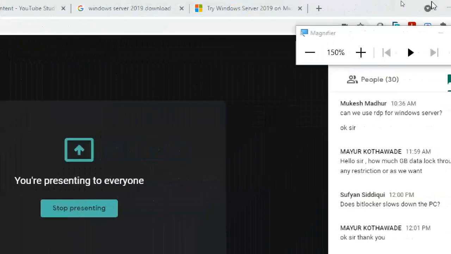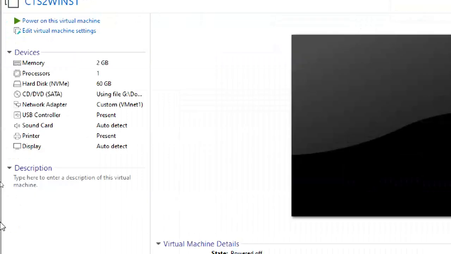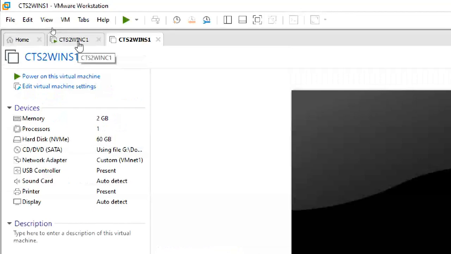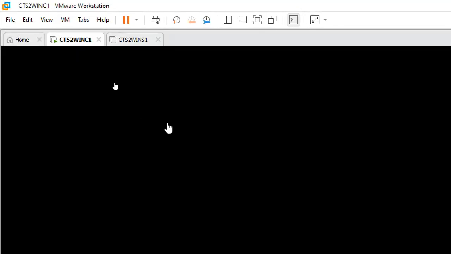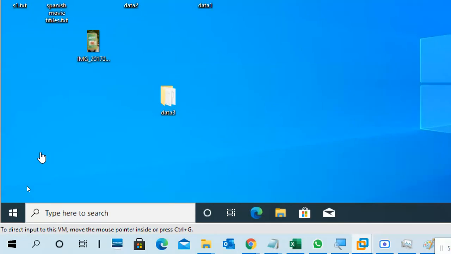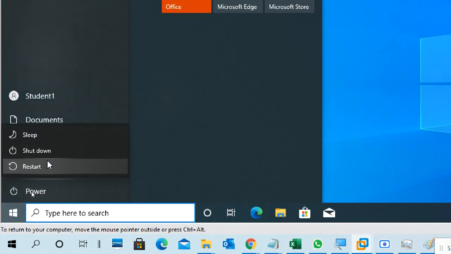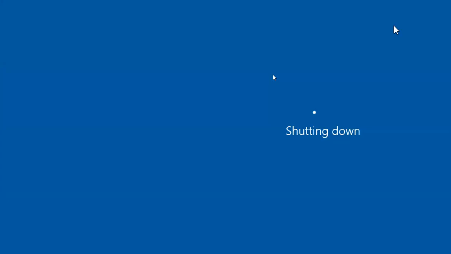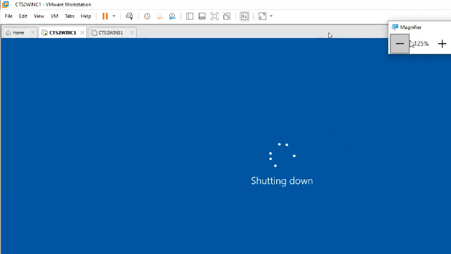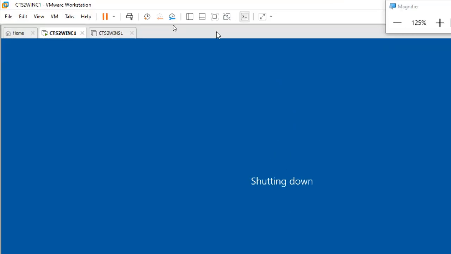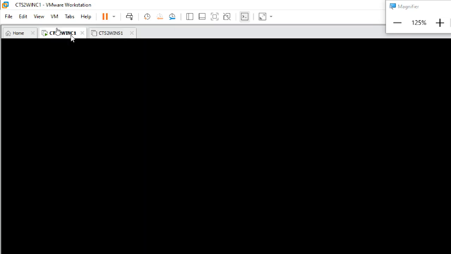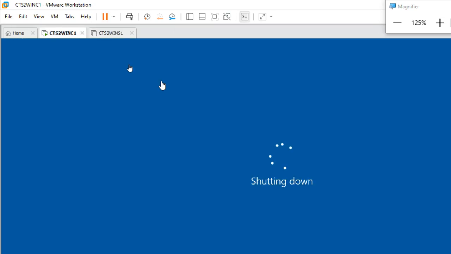So okay, we are going to install the virtual machine first. I have a Windows 10, but currently I don't require it; after installation of the server only, I require it. So I'm going to shut down my Windows 10, so I can increase the RAM for the server for installation purposes. Then a faster installation will occur. Okay, let it shut down.